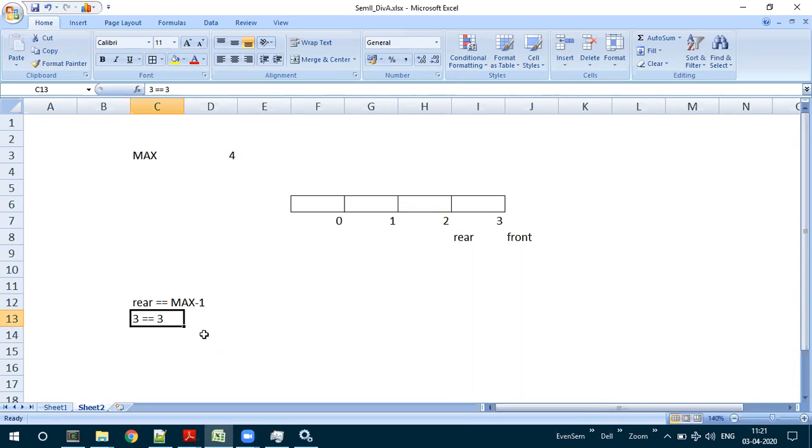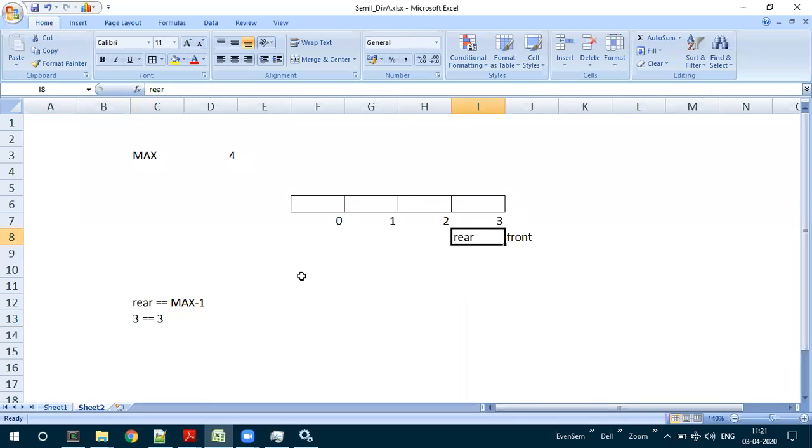Yes, the condition is true. For insertion, the condition we put in the beginning is that if rear is pointing to the last element, then there is no possibility of inserting elements. In this case, rear is pointing to the last position of the queue, and even though the actual elements are empty, rear is not modified to handle these kinds of scenarios.